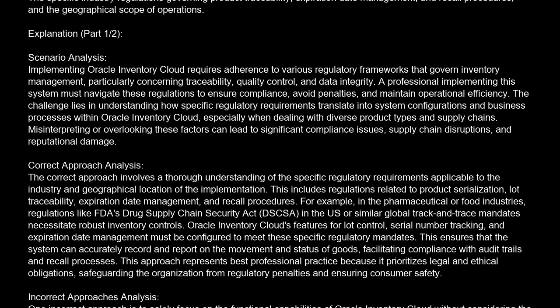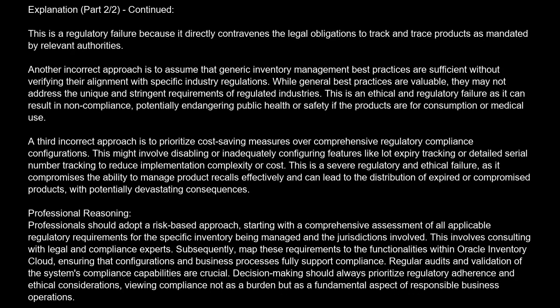One incorrect approach is to solely focus on the functional capabilities of Oracle Inventory Cloud without considering the underlying regulatory landscape. This might lead to a system that is technically functional, but fails to meet critical compliance requirements, such as inadequate serialization or missing audit trails for regulated goods. This is a regulatory failure because it directly contravenes the legal obligations to track and trace products as mandated by